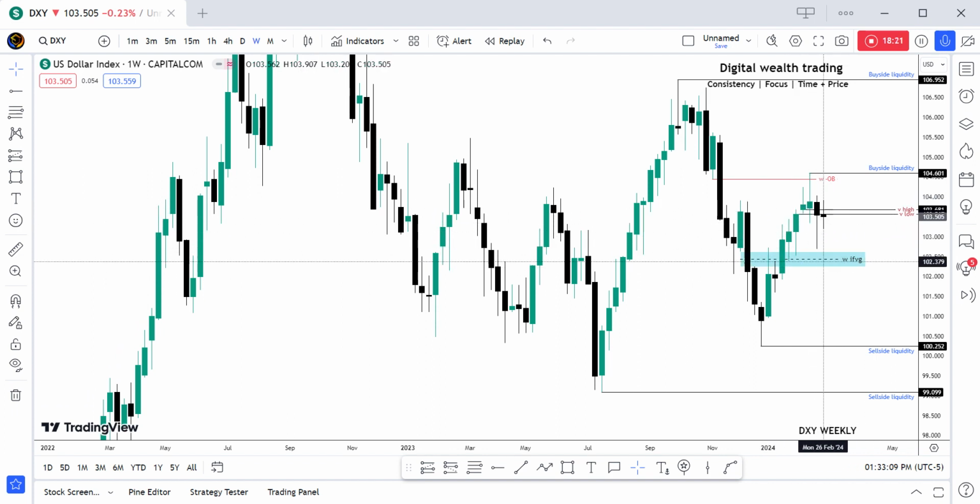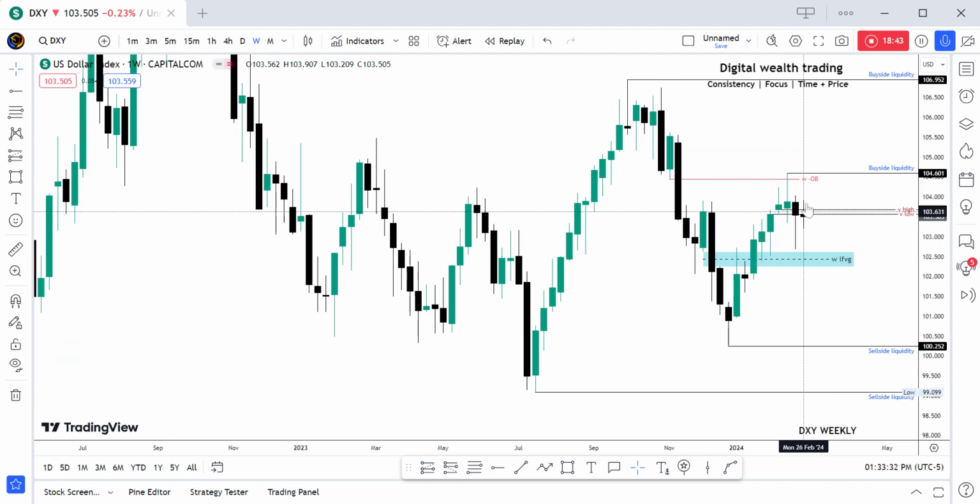So if the DXY reprices into this area and euro has not retested its inversion fair value gap, I'll be in a net bullish position on euro, because this also indicates strength on the euro to go higher, and the DXY to go lower. And if you actually know how to read the commitment of traders report, you're going to see that there is a net lower position. But how far can we go?